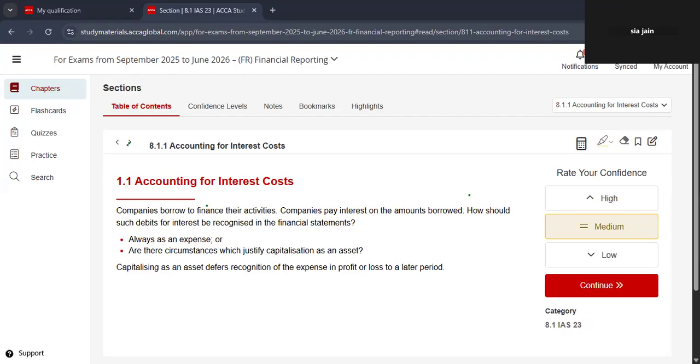In today's video, I'm just going to revise the concept of IAS 23 borrowing cost with you guys. So let's get started. When a company borrows money, they pay interest. Normally, interest is just an expense you put on a profit and loss statement, like your rent or utility bills. But sometimes interest can be treated like a cost of building something, and we add it to the asset's value. This is called capitalization. Capitalizing interest means you do not need to pay the expense now. You spread it over the life of the asset. We use IAS 23 to decide when we are allowed to do this.